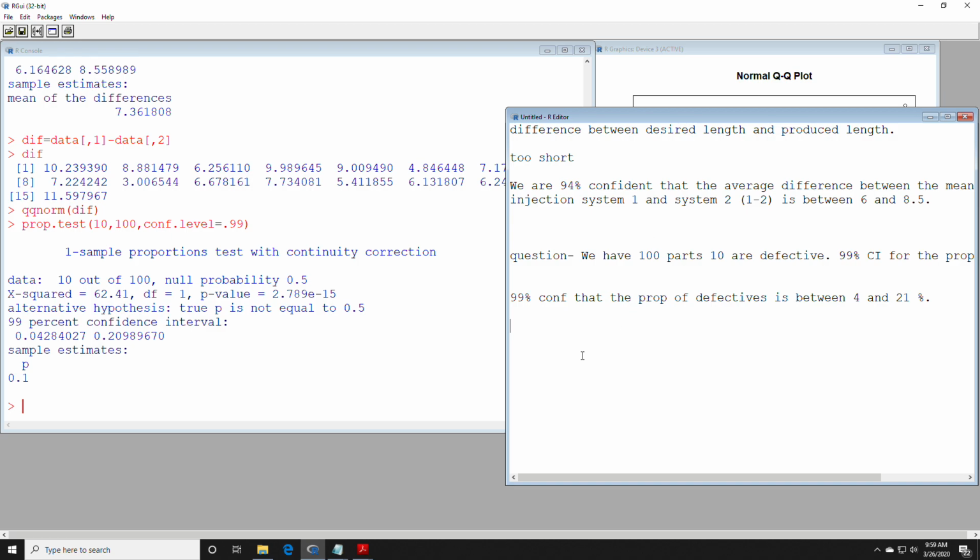Okay, recall we're talking about defective versus not defective. Numerically you could think of this as a 0, meaning it's not defective, and a 1, meaning it's defective. Zeros and ones, binary outcomes, cannot possibly have a continuous bell-shaped curve. It's going to be 2 bars on a graph. So that can't possibly have a normal distribution. So the assumptions are that we have basically 15 successes and 15 failures. And if you recall, I said that we can put that as n times p hat is at least 15, and n times 1 minus p hat is at least 15, but this is really what it means, 15 successes, 15 failures. So we can see, actually, with a sample size of 100 parts, we still don't have enough,